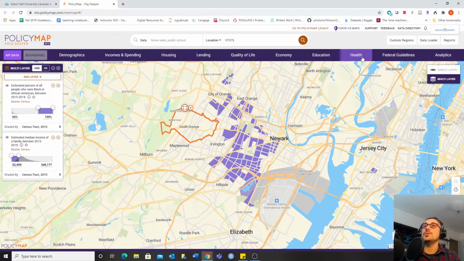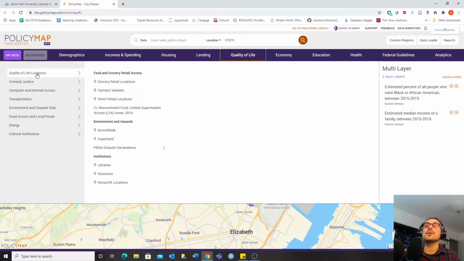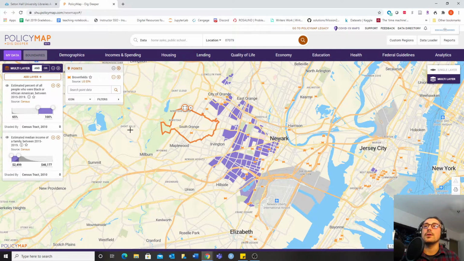So let's go to, let me think. I think it's in health. I'm looking for something specific. Maybe it's in quality of life. Yes, quality of life. I've done this example a few times, and this one always yields good results. So if you go into quality of life locations and you click on brownfields,